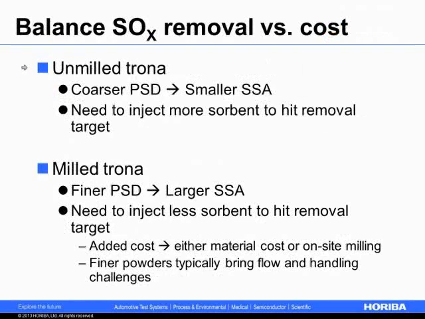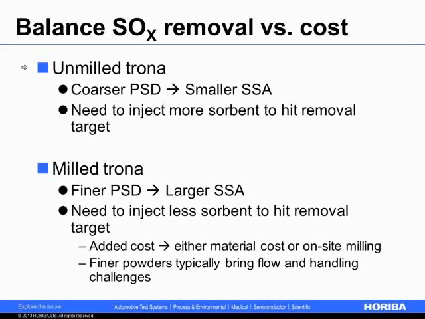And so a lot of times what operators have to do is balance the SO2 and SO3 removal versus the cost of doing so. So typically you'll see a few different sizes of Trona. Unmilled Trona has a needle shape, a very seemingly well-defined crystal structure,